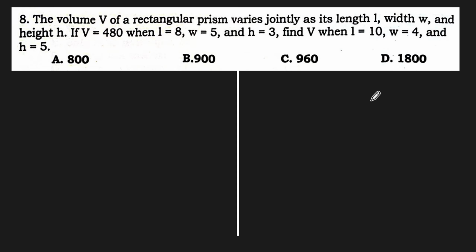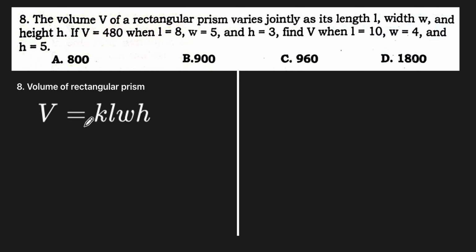The volume V of a rectangular prism varies jointly as its length L, width W, and height H. If V equals 480 when the length is 8, W is 5, and height is 3, find the volume, or V, when L is 10, W is 4, and height is 5. So what can we do here? We have to recognize that this is the representation of this particular given. Varies jointly once again, so